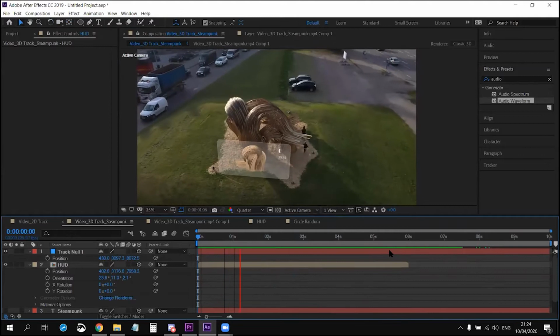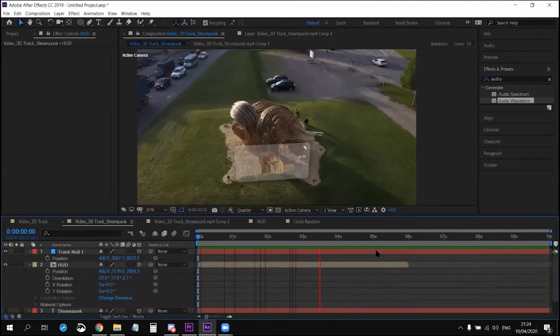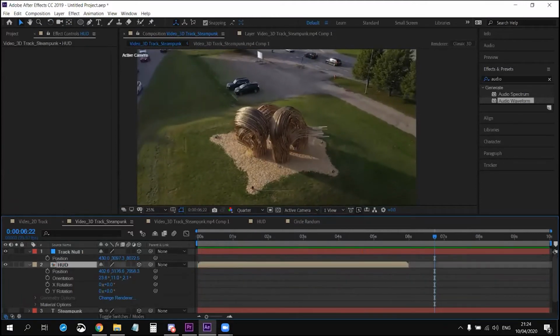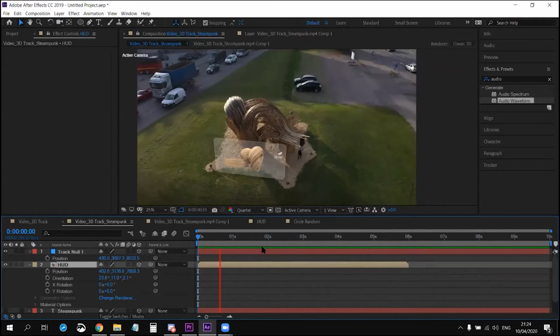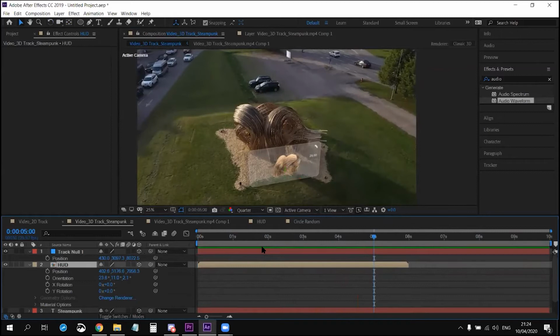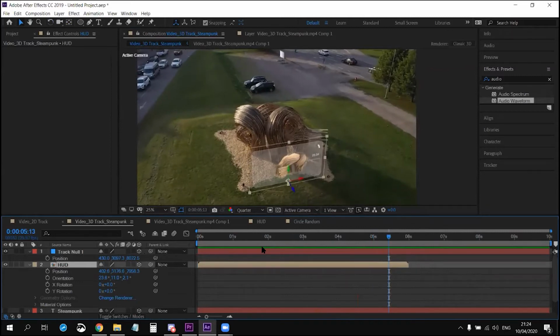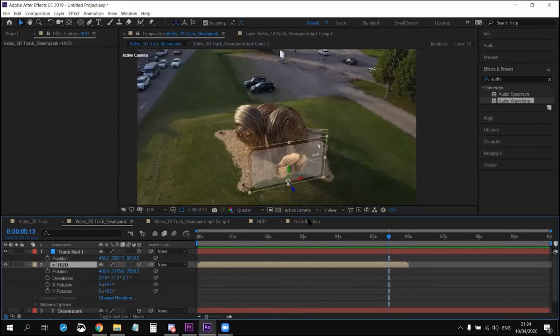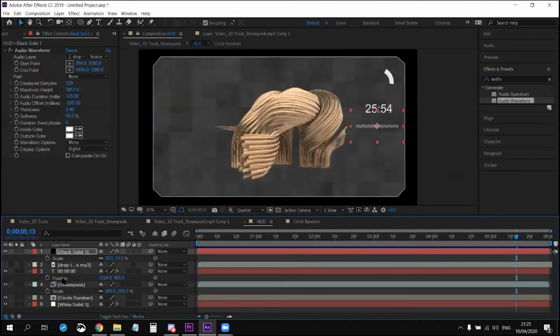So your HUD follows the camera as you see. I mean, this is only 6 seconds, but yeah. Cool. I mean, that's it for the 3D tracks. Are there any questions? What if you want it longer? Do you copy paste? I mean, it is short because the length of the HUD itself is very short for